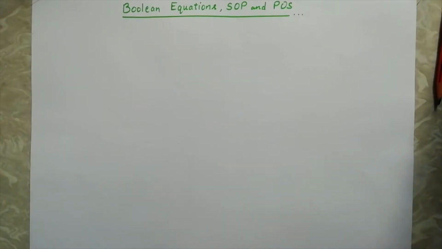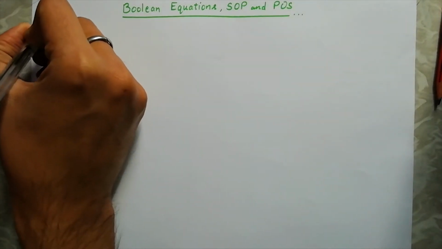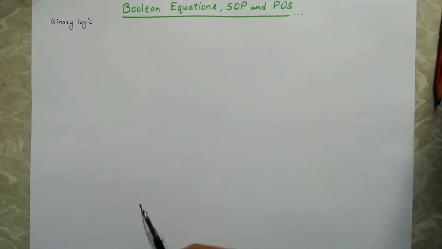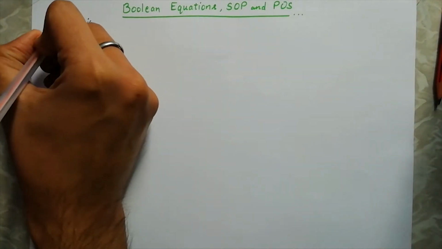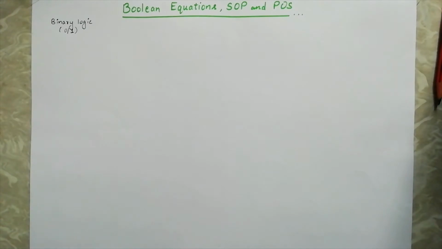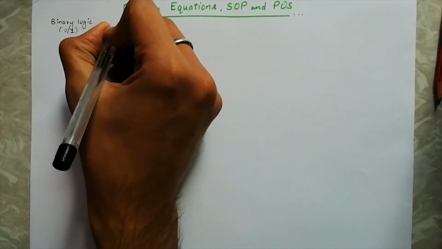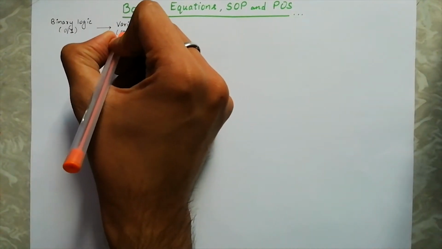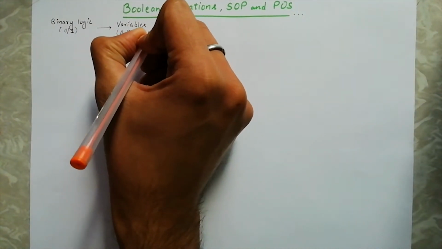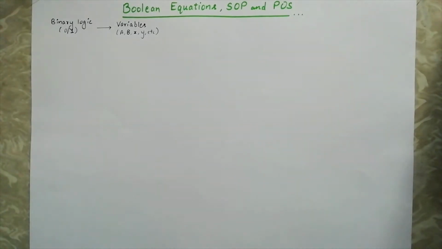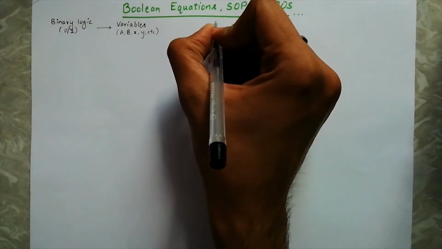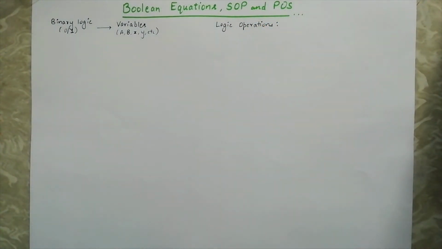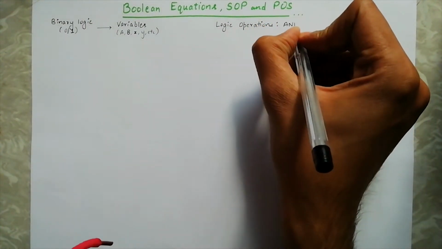In digital systems, we are dealing with binary logic. So the input into our system or circuit and the output generated by them can only take one of two values, 0 or 1. These inputs and outputs can be represented using variables similar to how we do in the decimal system, by using English alphabets like A, B, X, Y, etc. Also, there are three basic logic operations that we can perform on these variables: AND, OR, and NOT, also called as complement.